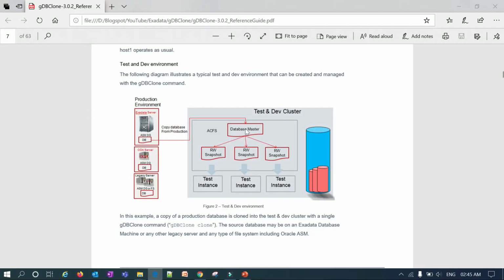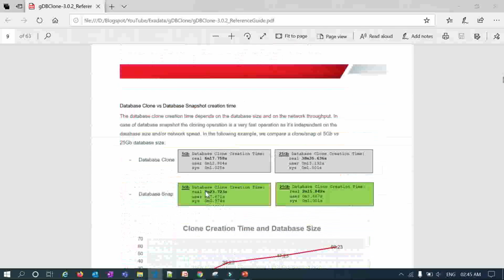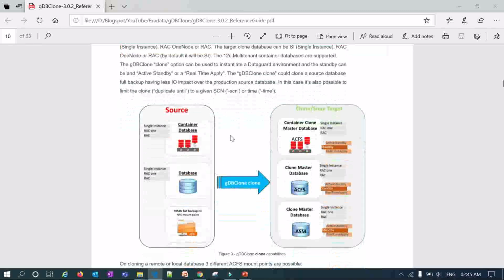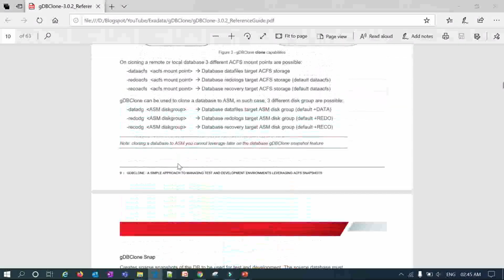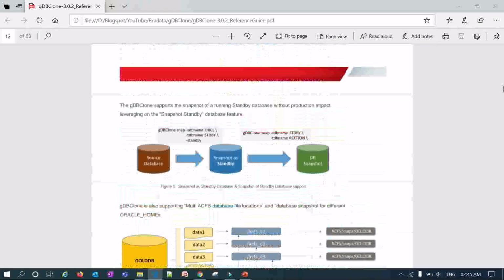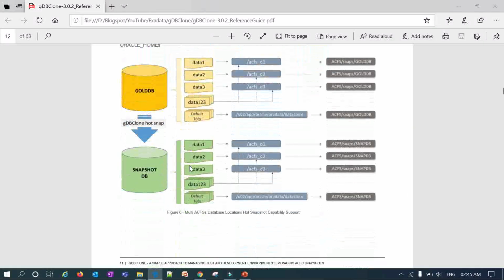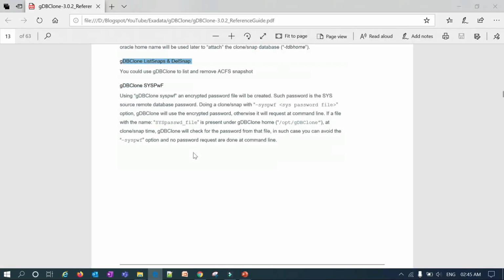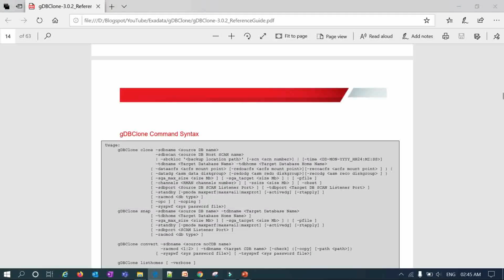From the production database you can create your master database, and from the master you can spin off your n number of snapshots, and you can use those snapshot databases. It has all the details from Oracle. They have given all this in the white paper. You can use any of the commands, everything they have given, and they also gave a beautiful explanation, all the command usage, and also use cases.